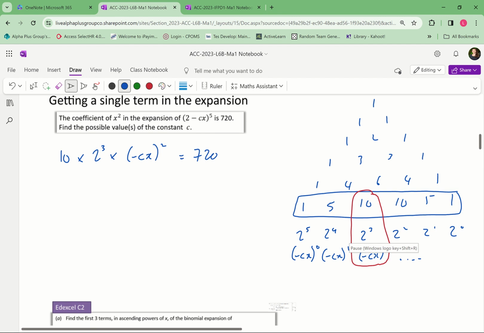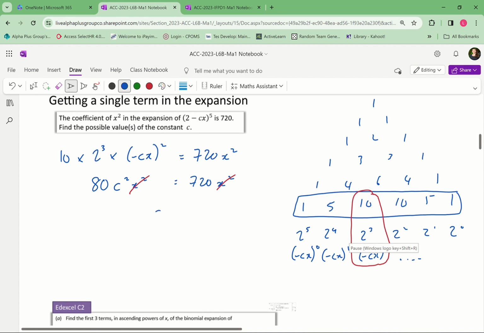If I simplify the left hand side, I've got 10 times 8, which is 80, and (minus cx) squared gives me c squared x squared. Sorry, this should have an x squared in it. 720 is the coefficient of x squared, so 720x squared, and I can just ignore the x squared parts and focus on 80c squared